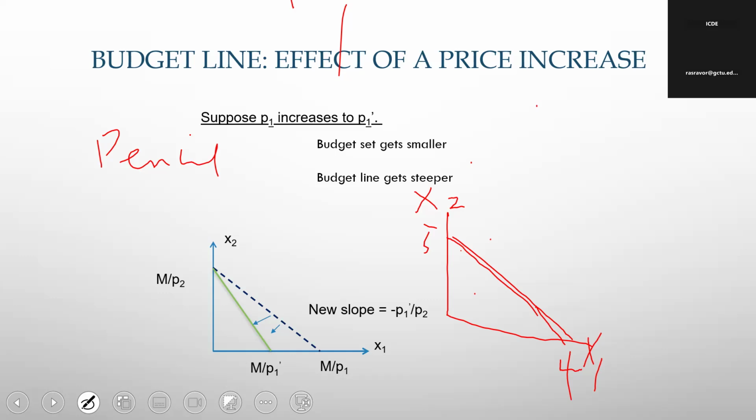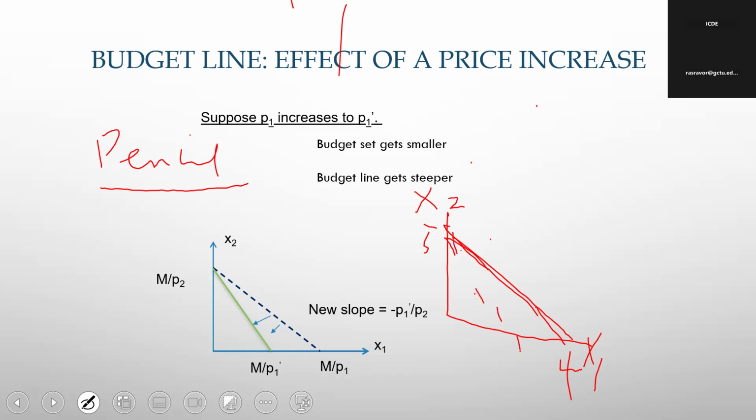Let me just say it again. The price of pen has not changed, but the price of pencil has gone up. What am I going to do? I still want to maintain the pen, so I reduce the number of pencil I buy. So you see that the line will shift inside. That's how come